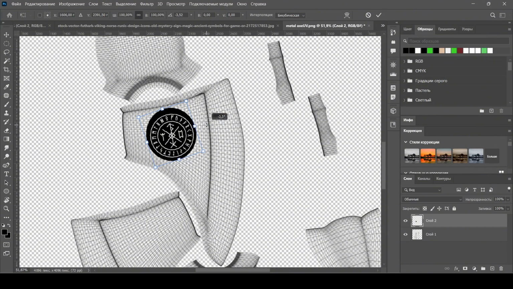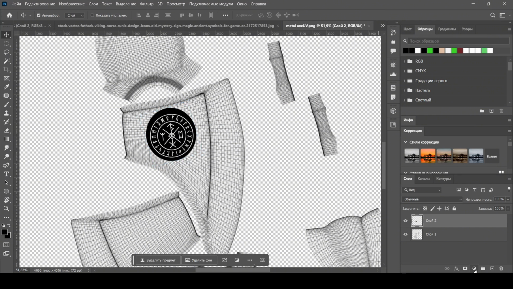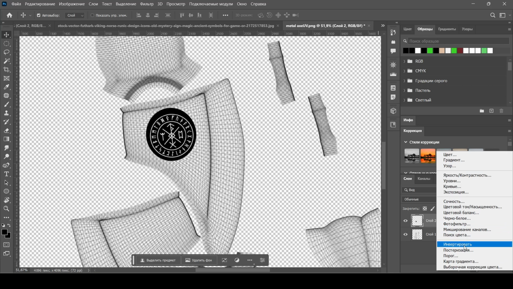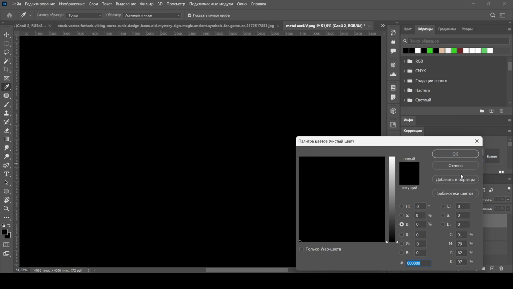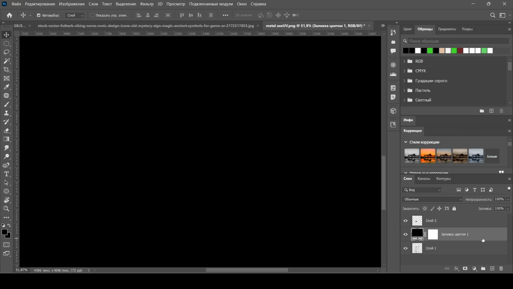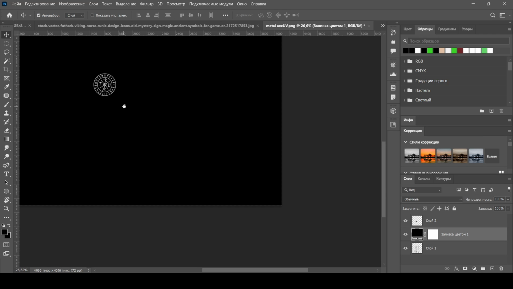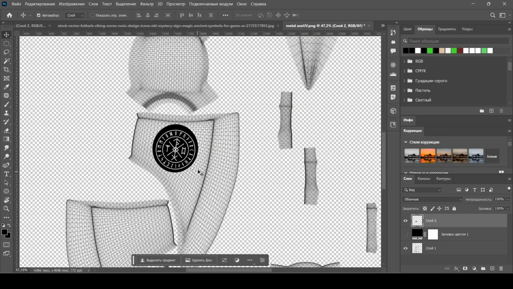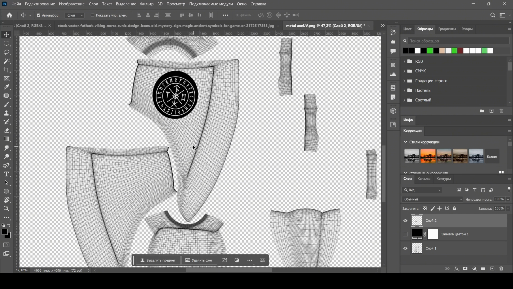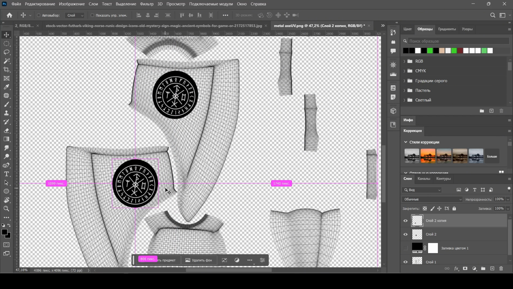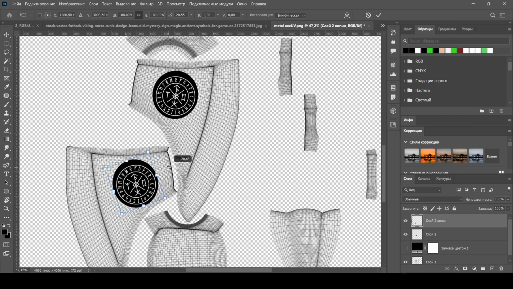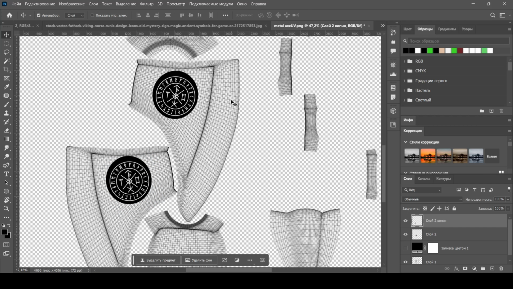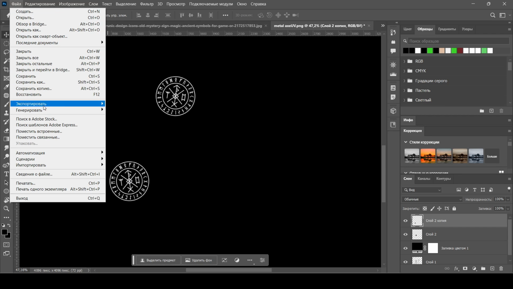And now since we are creating a mask we need to paint everything else black. So we add a color adjustment layer and paint everything black. All that remains is to swap the layers so that the logo is visible. Well, I also thought that it would be appropriate to immediately place it on the other side of the axe from the logo. Who knows how I'll photograph it. Now we can return the black background and export the image in JPG format.